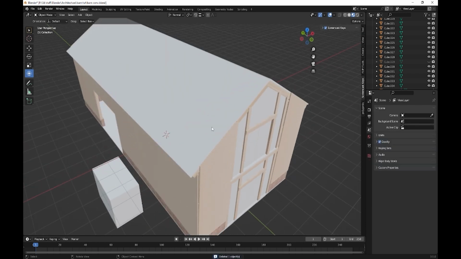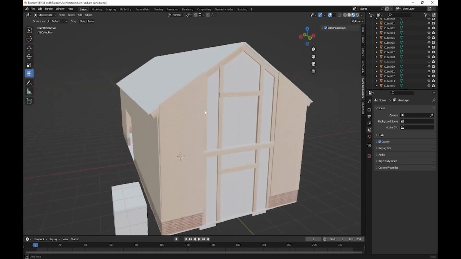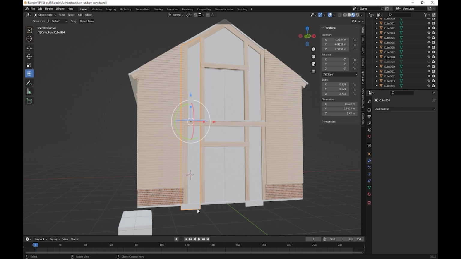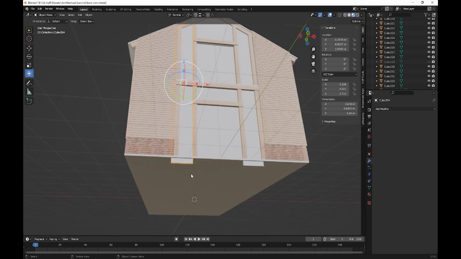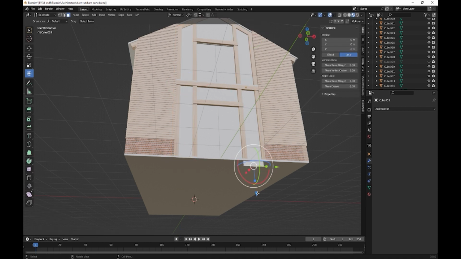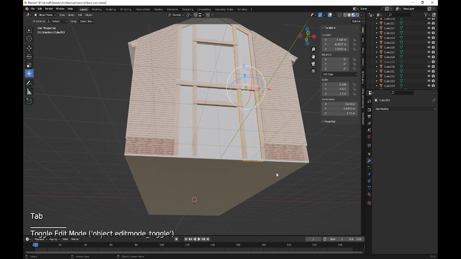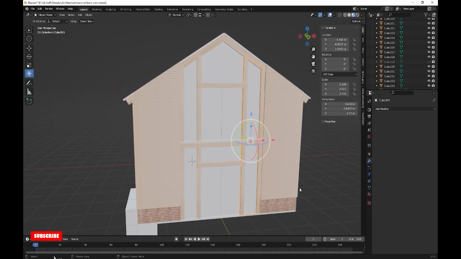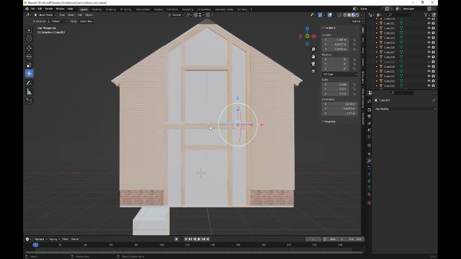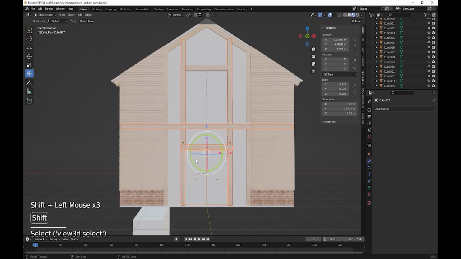Obviously you can use whatever material you want on your roof. So that is that done. Let me just change. That needs to go there. That needs to go there. There we go. Okay, again you can put whatever material you want on there. Glass, transparent, and we need to do the same here. So what we need to do is just copy some of these. Obviously they're going to be a little bit too long,